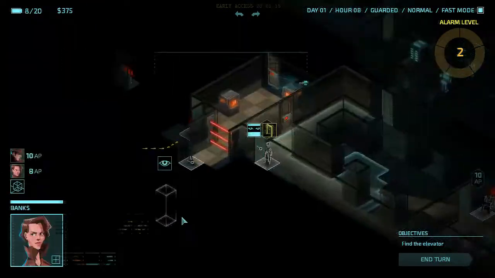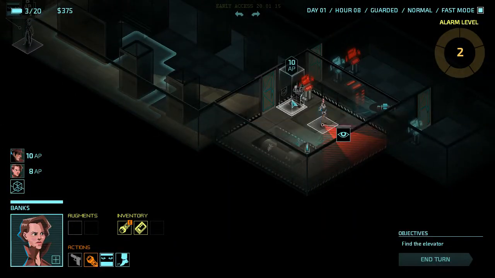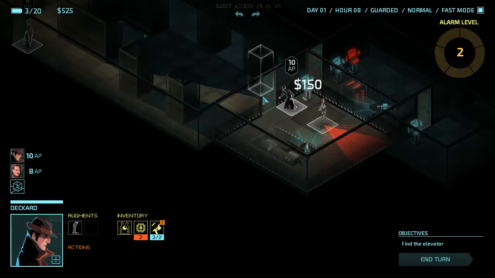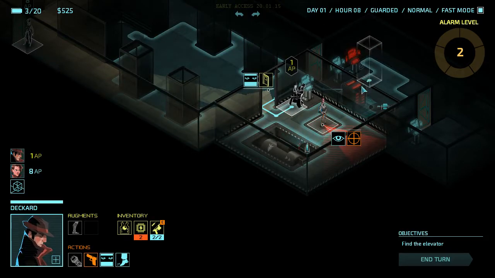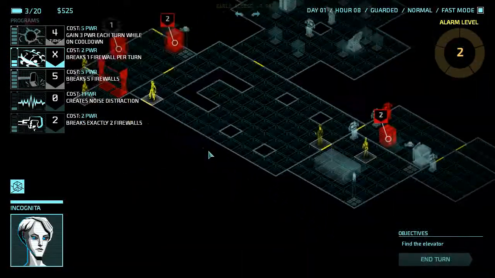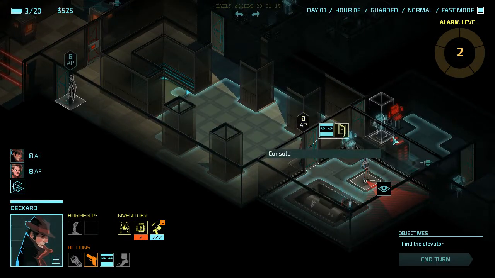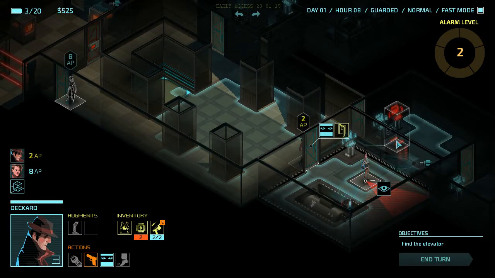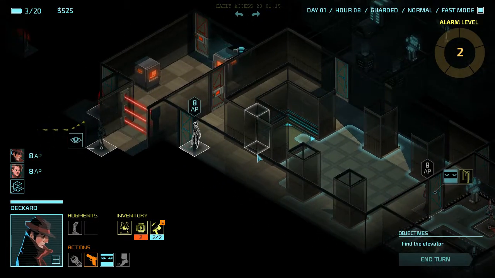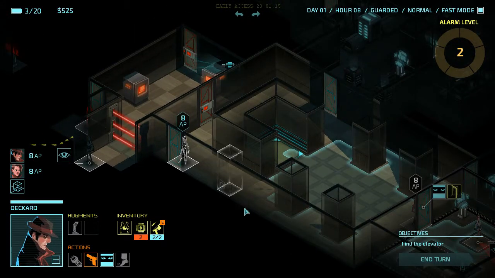Alright, go ahead and activate fusion again. Use Econ chip here. Alright, I'm not going to run here. I think this was second to last console. Okay. Huh. Let me think about this. Actually,